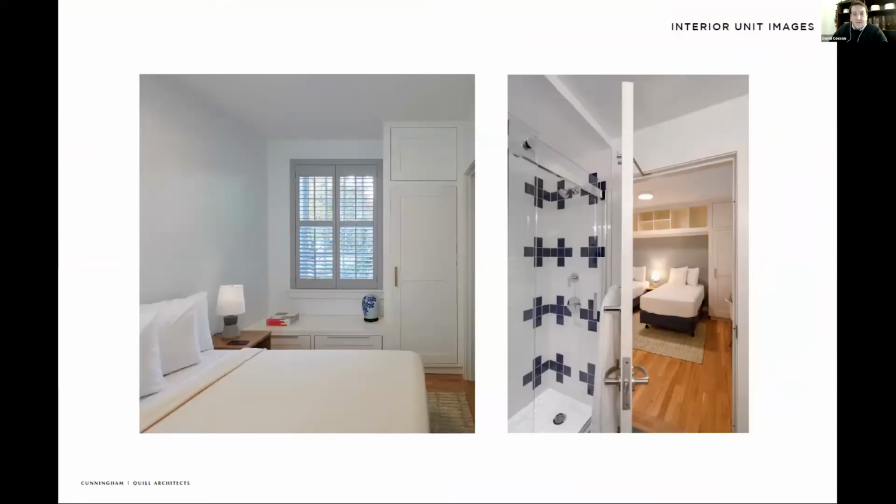And one of the things to talk about here, from a sustainability, health and wellness, and efficiency standpoint, is that in working with GBS, we ended up doing circadian lighting in the units, a static system, which is lighting that corresponds with your circadian rhythm and the time of day. As a static system, this is achieved through the selected light bulbs,